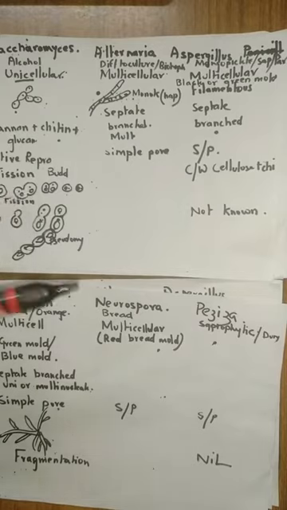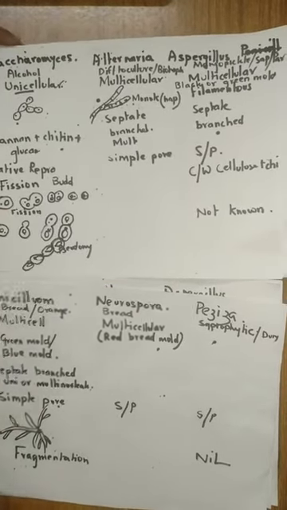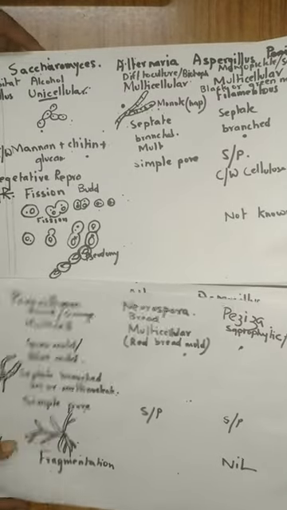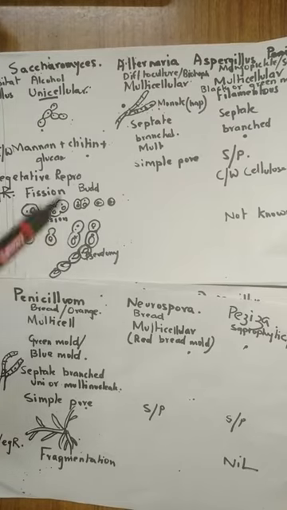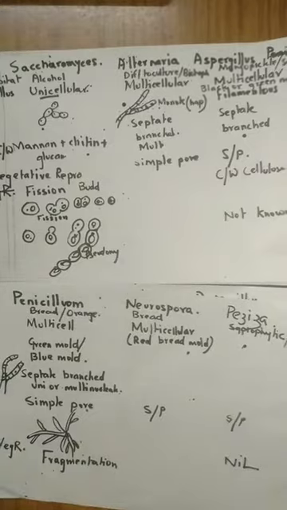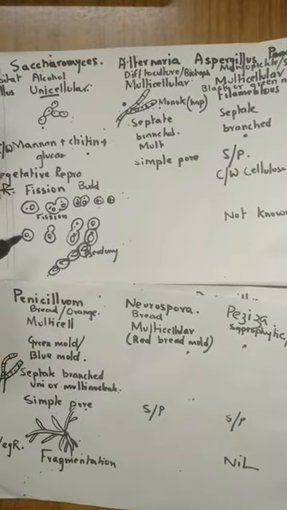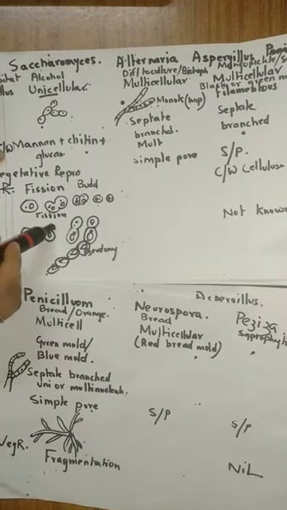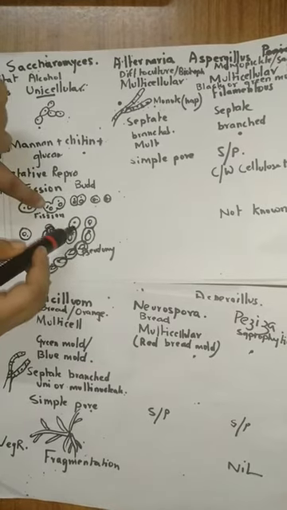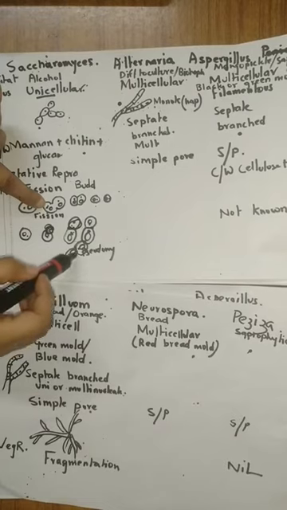So, if we look into the vegetative reproduction of Saccharomyces, it takes place by budding. Here we see the formation of a bud, that is, from the parent cell, a new cell or daughter cell arises from its side, but it remains attached to the parent cell,